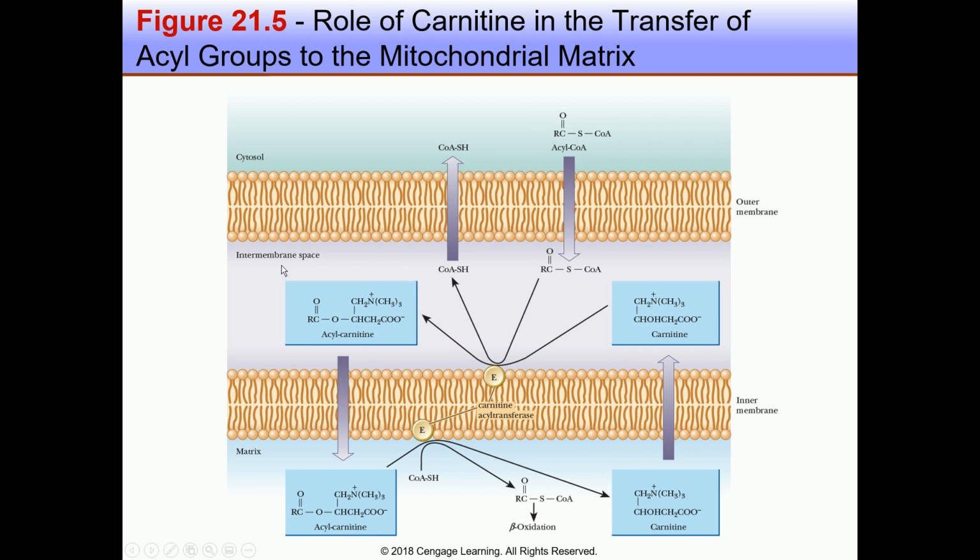Okay, but in the intermembrane space, this acyl coenzyme A actually gets conjugated with a molecule called carnitine, and this compound is formed, and this coenzyme A is released. It's called acyl carnitine. Okay, and then this acyl carnitine can enter through the inner membrane into the mitochondrial matrix,